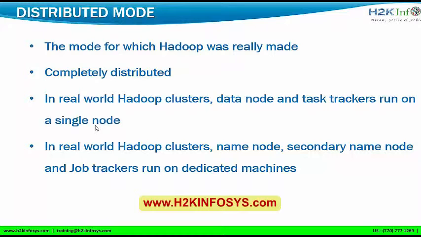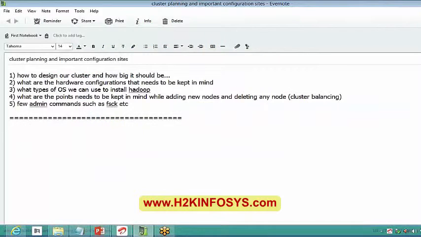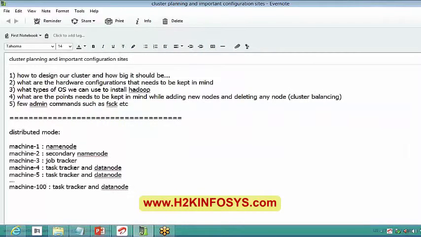So if you take distributed mode, this is how the cluster and the machines look. Whatever we discussed in our first classes of HDFS is distributed mode only. If you take pseudo mode, all the processes run on a single machine. So machine 1 will contain name node, secondary name node, job tracker, task tracker and data node.